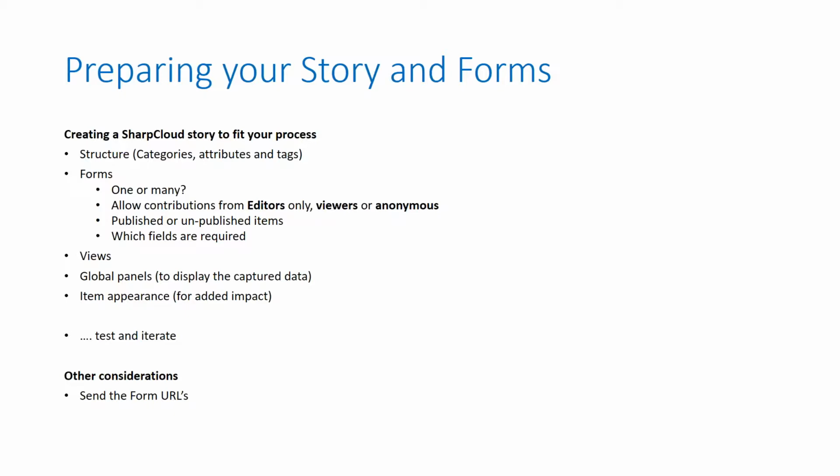You could have a form that you first design to be, for example, completely open and visible, available to anonymous users, and generating items that appear straight away on screen so that people see the whole process and operation. Then you can simply edit that form, make it only available to editors, and say that items are unpublished if you want to then start controlling how information later gets onto that story. So you can control that process.